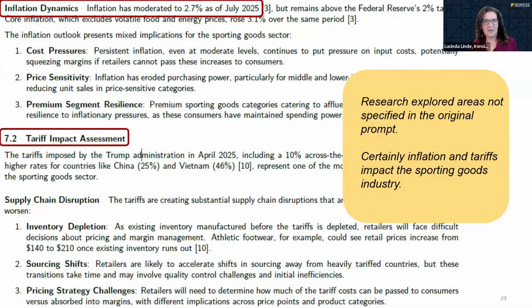Another thing that was interesting was that even though I didn't ask for these things specifically, it included looking at inflation and the tariff impact. This was very valuable because, of course, inflation is going to have an impact on consumers and what they're willing to spend money on. And the tariff impact is definitely important if you look at what it does for supply chain disruption: inventories get depleted, and retailers decide to accelerate shifts in sourcing away from heavily tariffed countries, or even shifting to U.S.-based